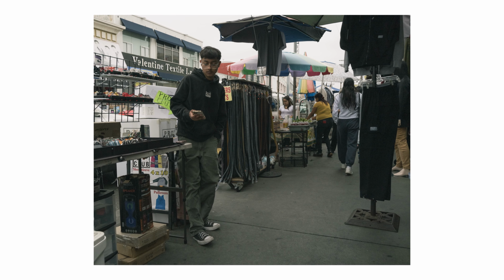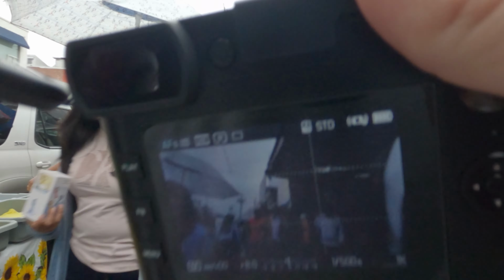So, yeah, I think I'm going to dump the money on the Leica. But overall, I love the Q2. Battery life is great, it could be better. Again, the 47 megapixels is awesome. I like having the flexibility to crop either in camera or in post and still retain a